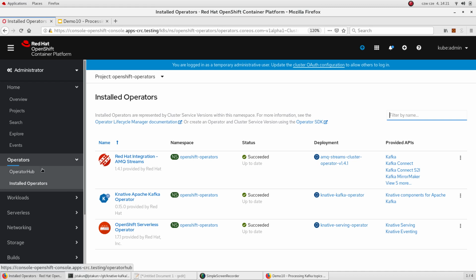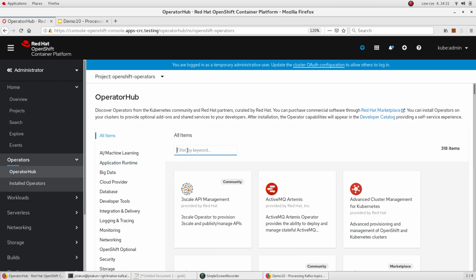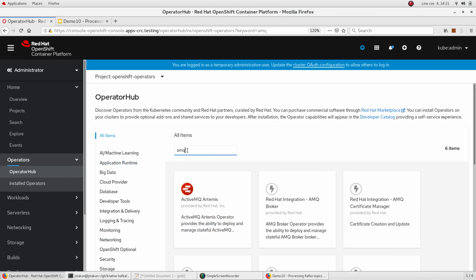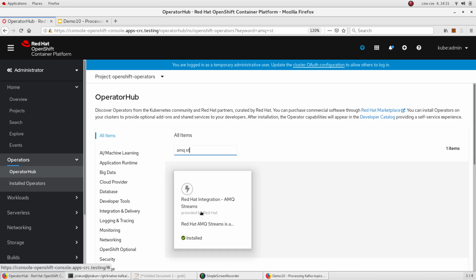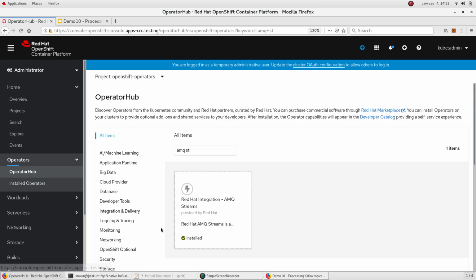The installation of operators is very straightforward. You simply go to OperatorHub and search for the operator you are looking for. In our case, this is AMQ Streams, for example. You find it, you click on it. I have it already installed, so I don't have the option to install it again, but in a new environment you will have a button here. You click install, and then it will install the application for you. So this is the first step, which